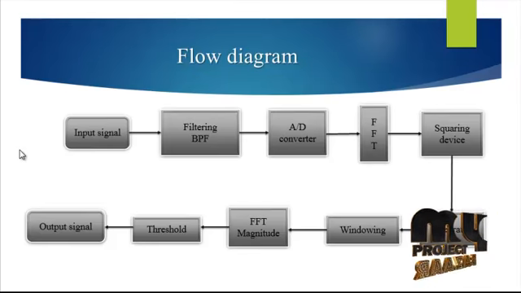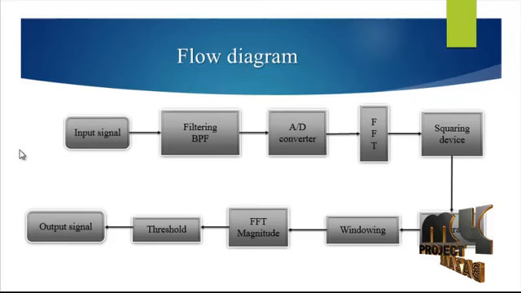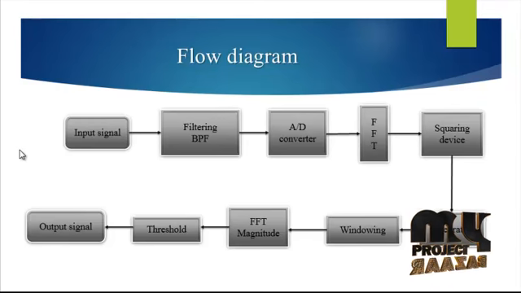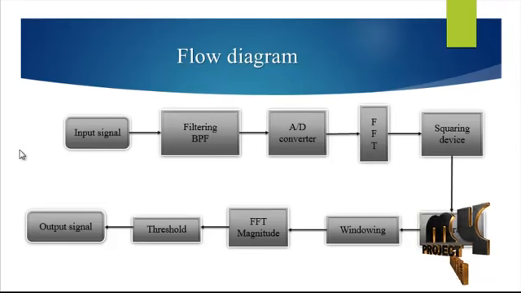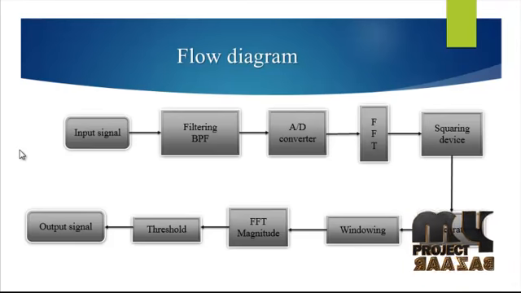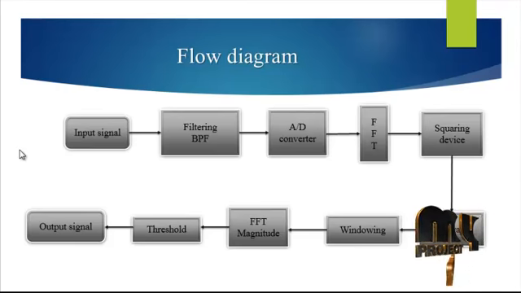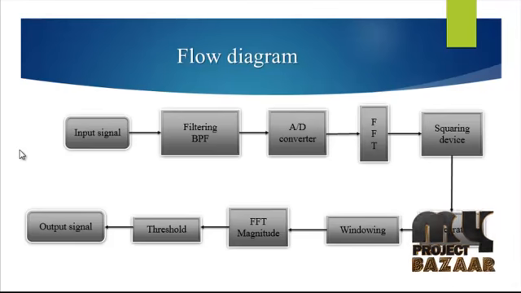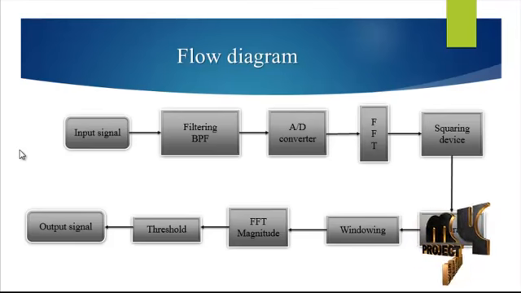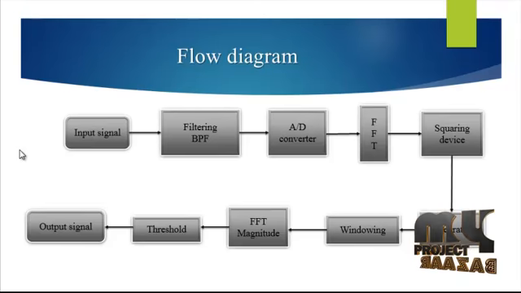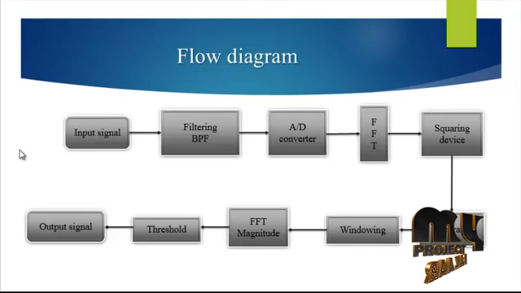Here we use the FFT, that is the fast Fourier transform. In this block, we take the magnitude of the fast Fourier transform value, and then go for the threshold. From the FFT magnitude value, we calculate the threshold. The threshold value is a condition: if it is greater than 0.1, it is a primary user and the channel is allocated to it. If it is less than 0.1, the secondary user is allowed to use the channel. So this is the processing of the threshold, calculated using the FFT magnitude.